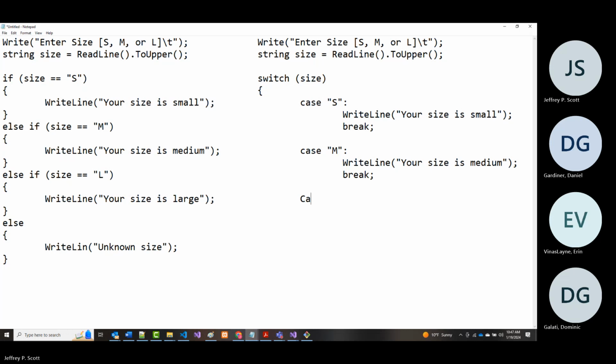Case L, your size is large. And finally,